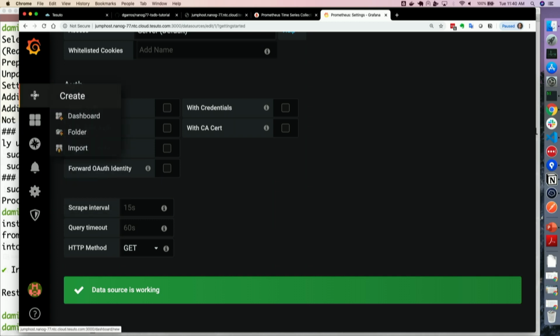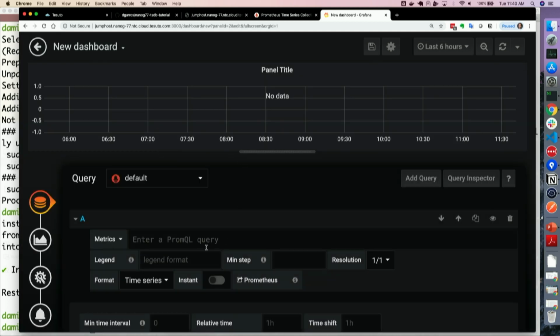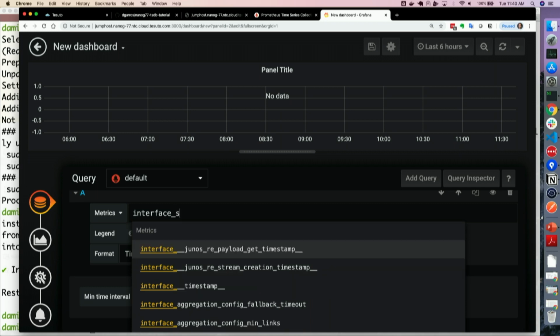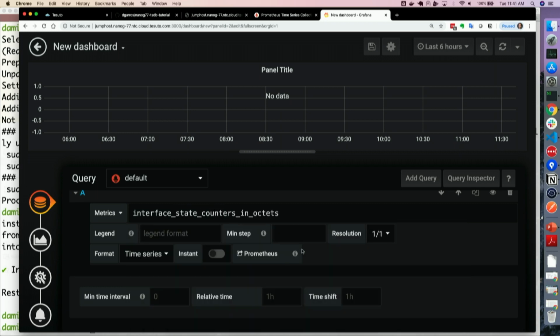So going into this plus sign, I can start creating a dashboard. So dashboard in Grafana is really a collection of graphs that are called panel. And so we can start, rebuild the one we were building earlier. It's very similar technically to the interface we had earlier. It's just we have more flexibility to make it look nice. So I can now, again, call my interface state counter octet, for example, and I can say I only want